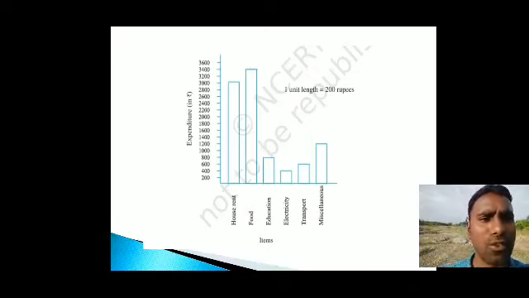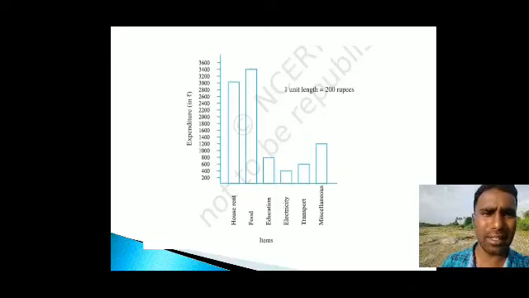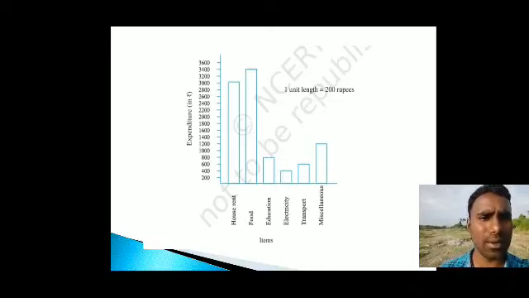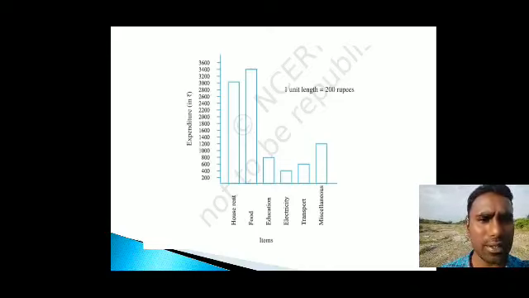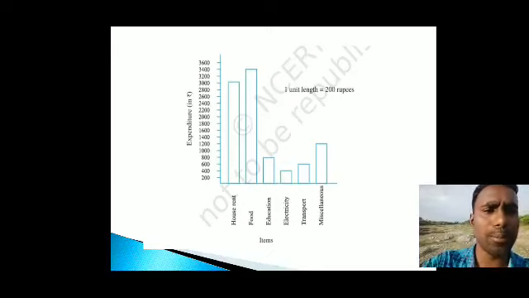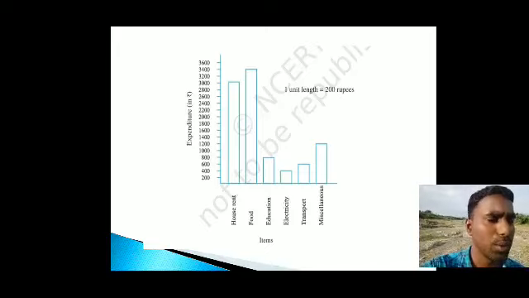Okay, and for food, in the same way, you have to draw one rectangle. And then for education, how many units have they given? 800. So like this way, for each and every item you have to find that expenditure amount. Okay,